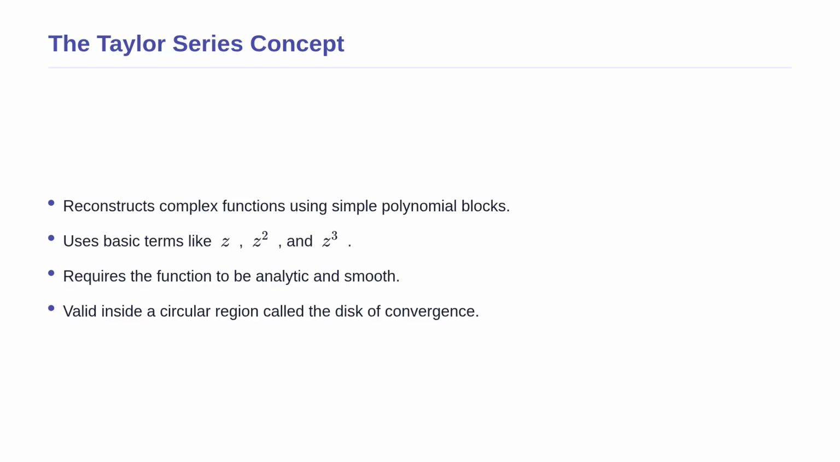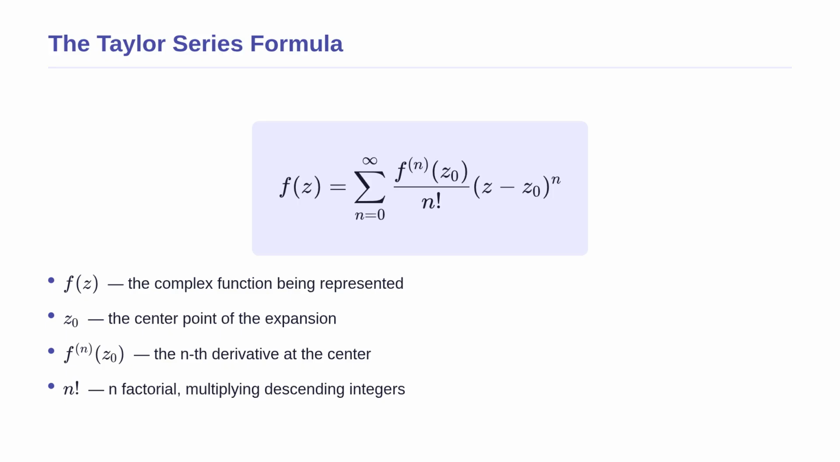For this to work, the function must be analytic, meaning it is smooth and has a well-defined derivative everywhere in a specific circular region. As long as the function behaves nicely in this solid circle, we can rewrite it entirely as an infinite polynomial. Now that we understand what a Taylor series is conceptually, let us look at its mathematical